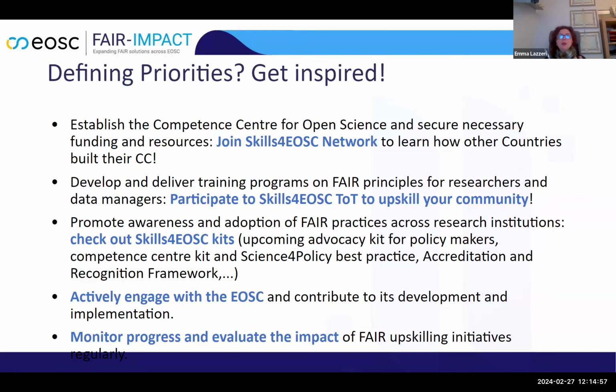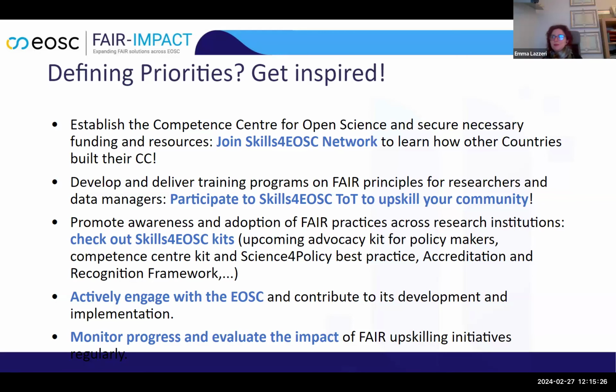But also develop and deliver training programs on FAIR principles and open science for research and data managers and the community. Promote the awareness and adoption of FAIR practices across research institutions. We have a lot of kits that can help you in this. We have an upcoming advocacy kit for policymakers, which is very nice, made of very short videos that can be used